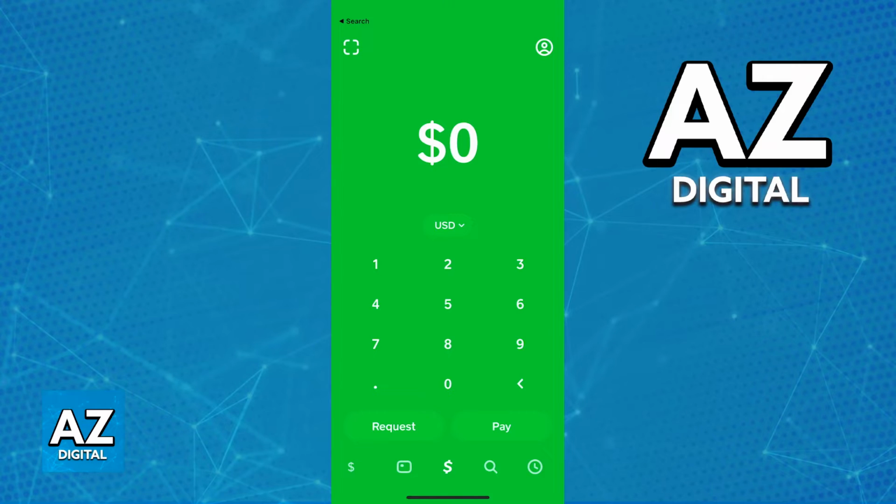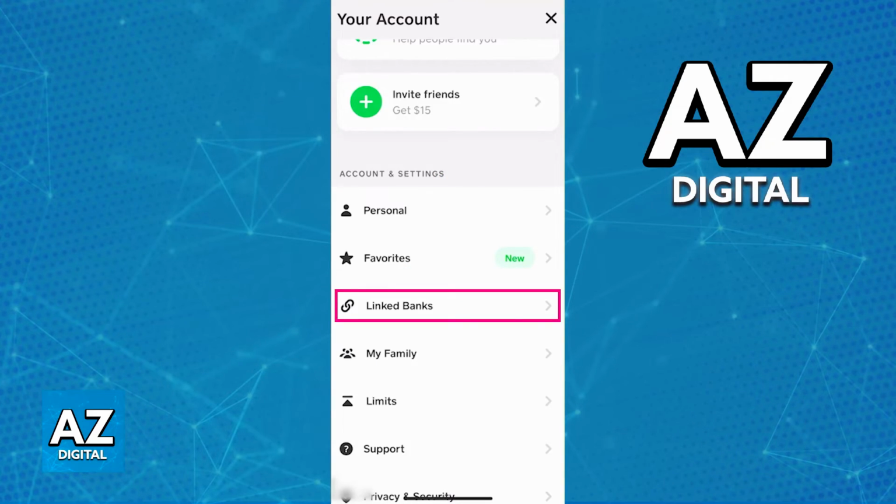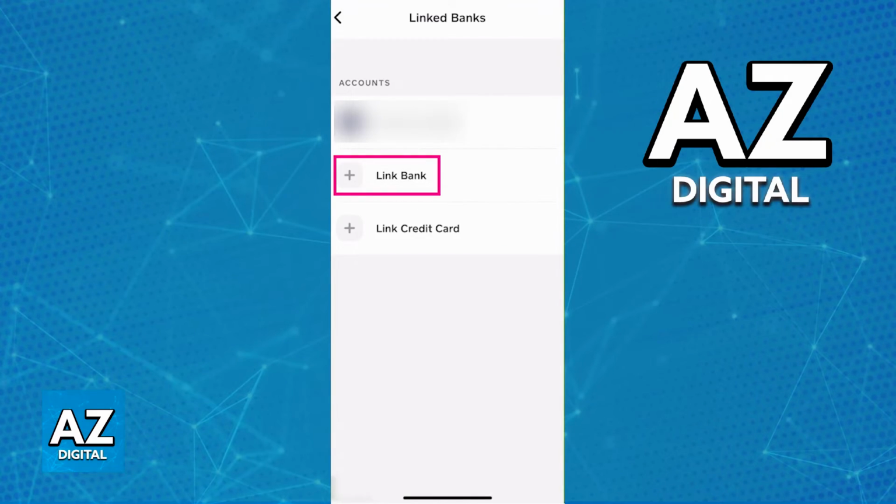If you are willing to do the opposite, which is what I'm going to show you in this video, then it is possible to get these services linked, but Cash App cannot be added to Wells Fargo. So with that warning out of the way, what you have to do to add Wells Fargo to Cash App is to open the latest version of Cash App, and in there, go over to your profile. So tap the profile icon at the top right corner of your screen. Under your profile, you will be able to scroll down and find linked banks. When you go over to linked banks, one of the options is going to be Link Bank, and all that you have to do now is follow the on-screen instructions.